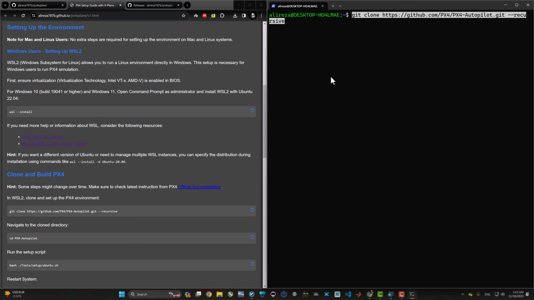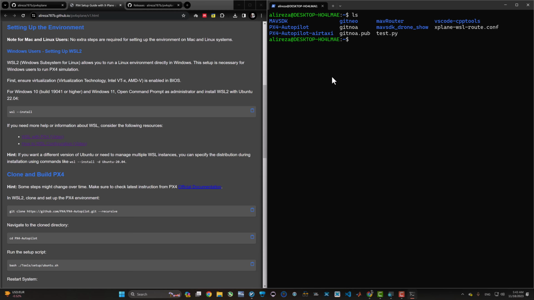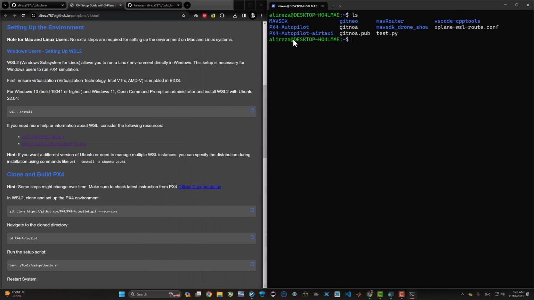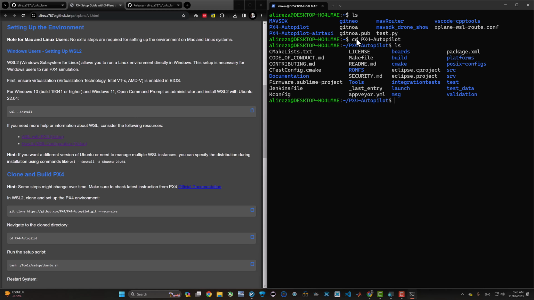Just copy and paste this command. Depends on your internet connection, it can take about 1 minute up to 20 minutes. It's gonna download a few hundred megabytes, and once completed, you will see this PX4-Autopilot folder in your system. Go ahead and cd to PX4-Autopilot with the cd command, and you can confirm with the ls command that everything is